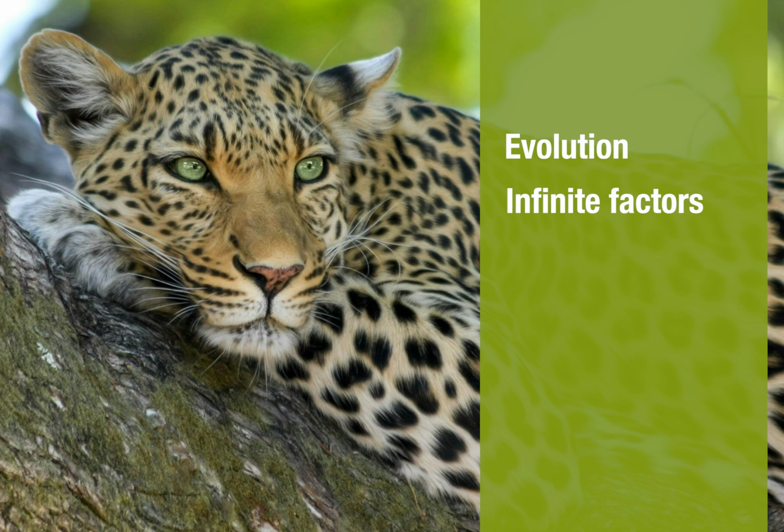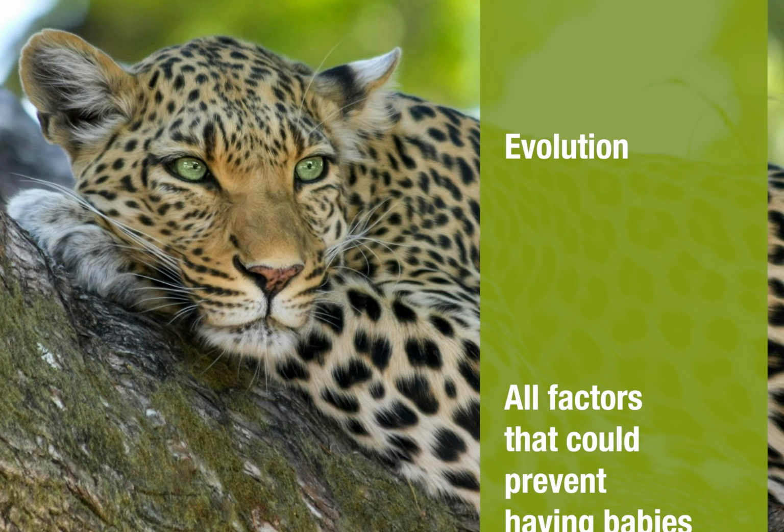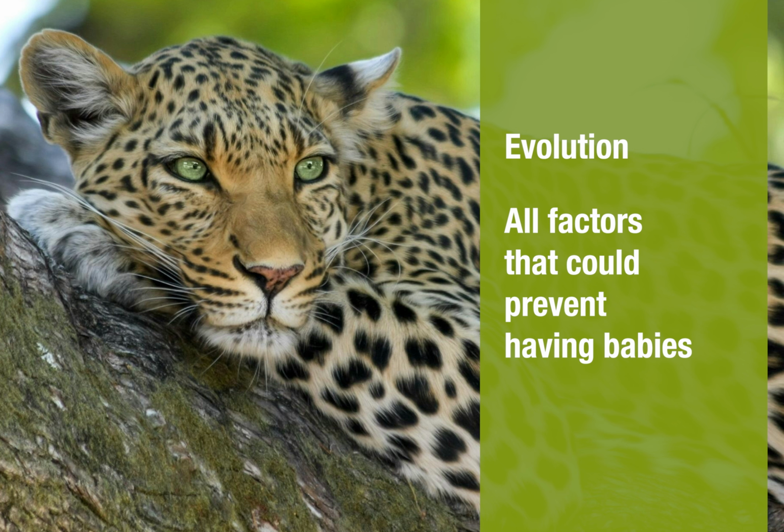Evolution is not just about the survival of the individual. In evolutionary terms, an animal must survive long enough to have viable offspring. So we can expand this set of characteristics even further to any single thing that would mean that the leopard cannot breed. There are just a very wide variety of things that did not happen or were just right in whatever way in order for today's leopards to have the ancestry that they do.